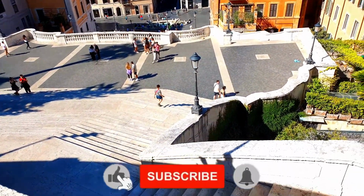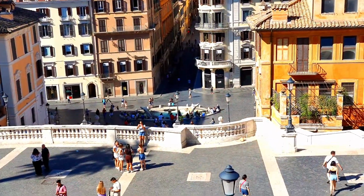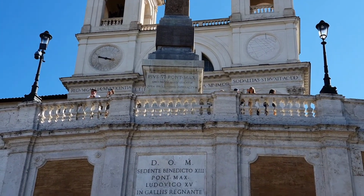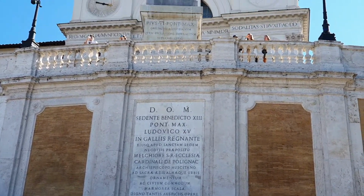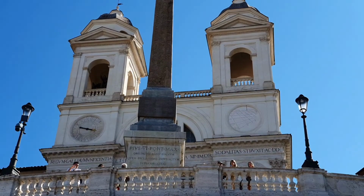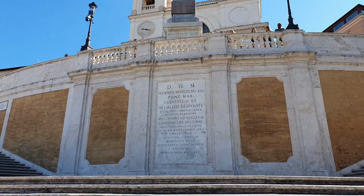This church was and still is French, and at that time, the French king started negotiating with the Pope about how to build a staircase, rather some kind of a connection between the French church at the top, the Trinità dei Monti, with the plaza below, Piazza di Spagna, around the mid-1600s. So, this discussion and heated debate went on for about 100 years, with different kings and popes, of course, until finally, in 1717, Pope Innocent XIII held a contest and commissioned the design to architects Francesco de Sanctis and Alessandro